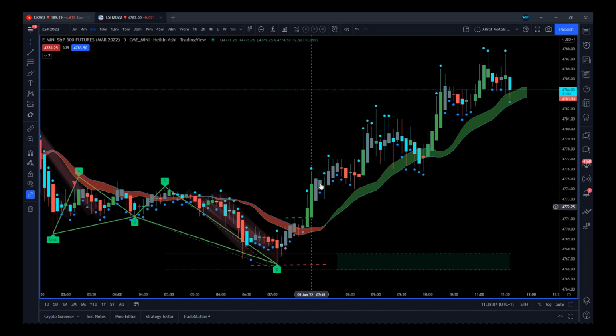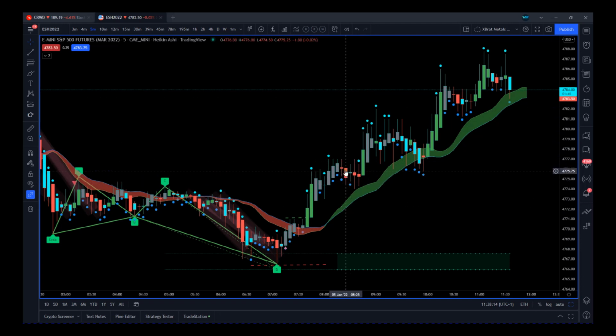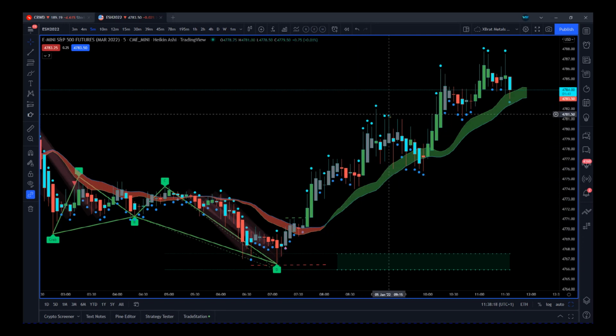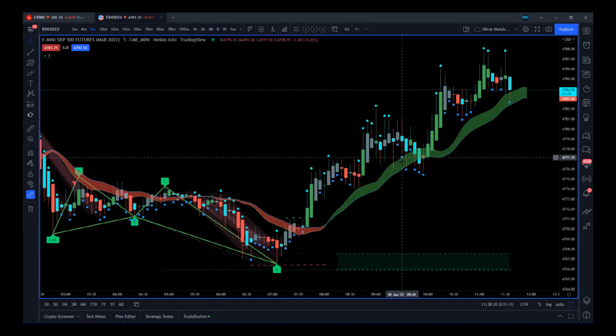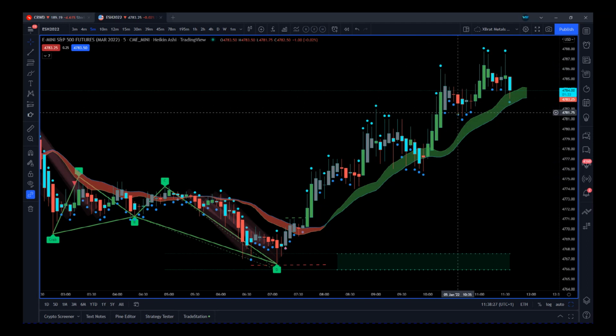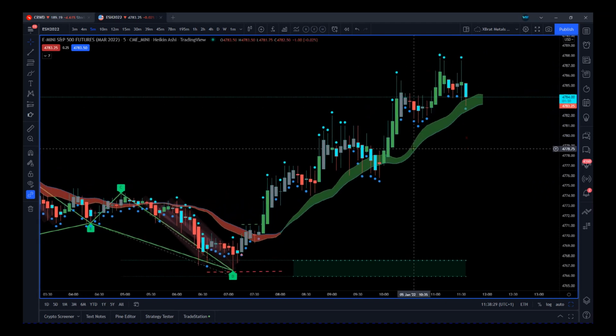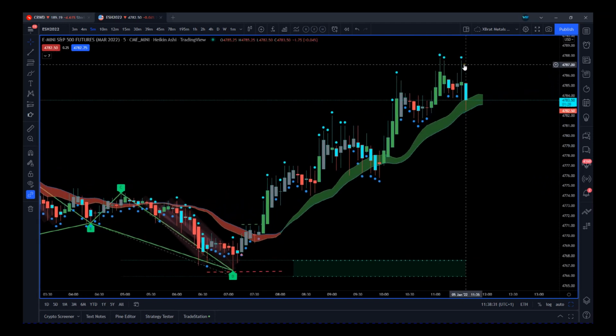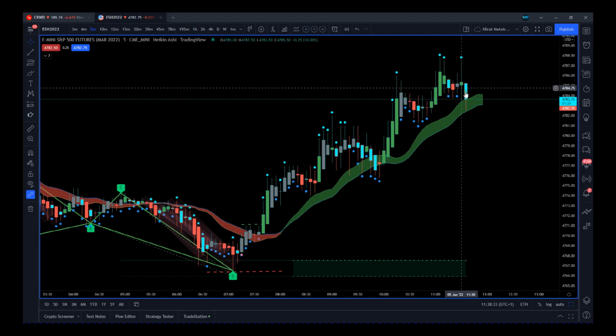So we have this first initial move, then we pull back, but this pullback has lower than average volume, these blue dots underneath, or even just average volume, no dots. We move up again, we pull back, lower than average volume, blue dots. Don't panic. Then it pushes again. It pulls back, lower than average volume. Don't panic. We're at the stage now where we're potentially having another